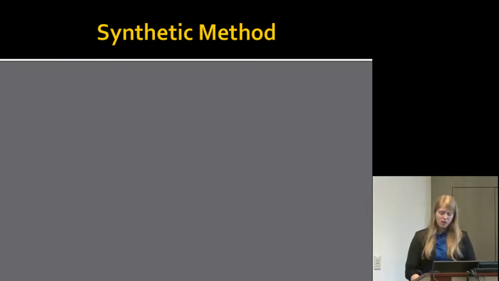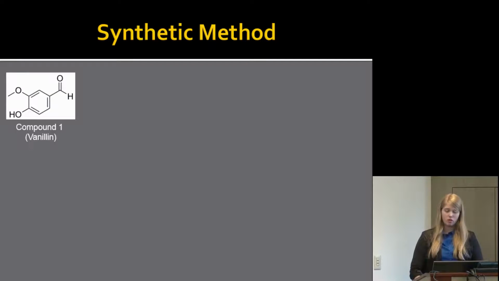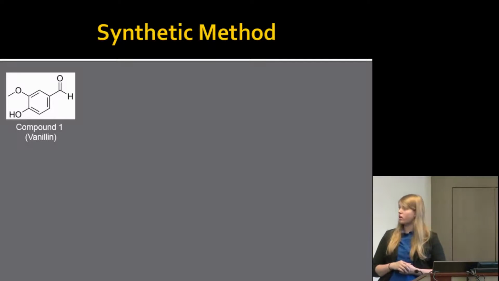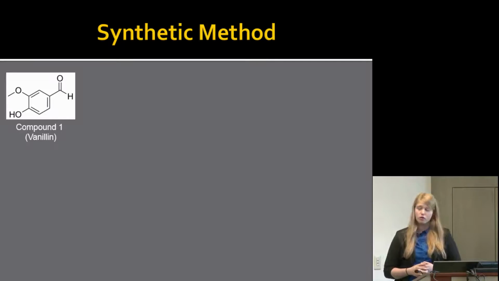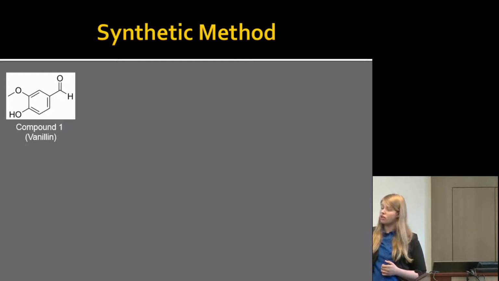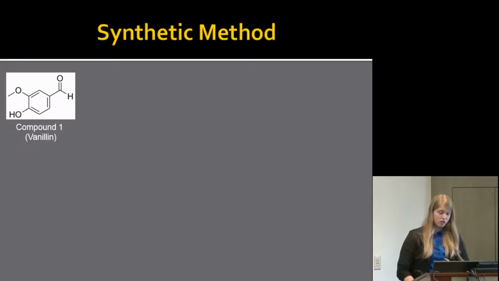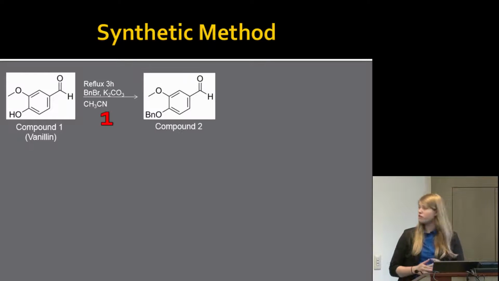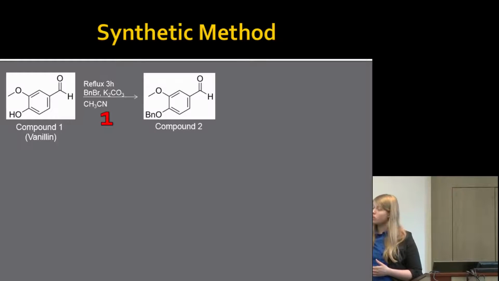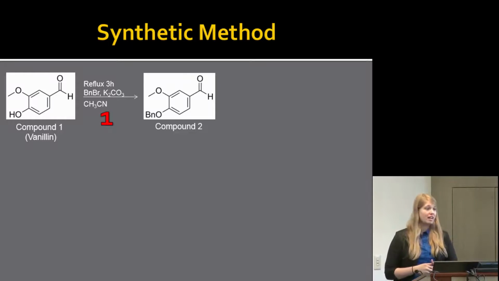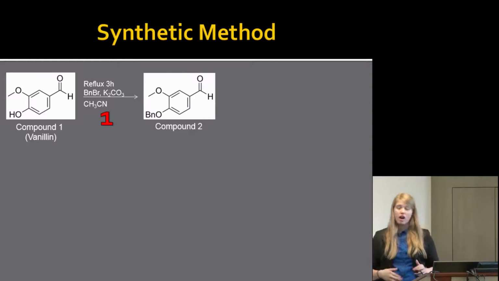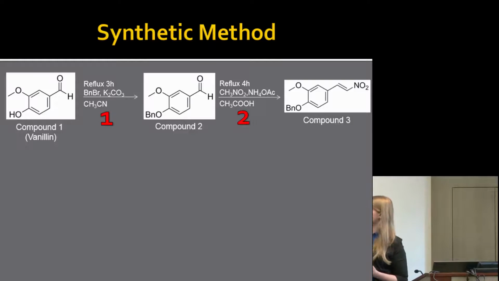As far as the actual method that we're going about synthesizing this molecule, as I said, we start with vanillin. And vanillin has 2 reactive groups. It has that hydroxyl group and the aldehyde group. We don't want the hydroxyl to react. We want to keep that intact. So the first thing we do is we use a Williamson ether synthesis to add a benzyl group, because benzyl groups aren't very reactive, whereas the hydrogen would be very reactive. So now we can react with our aldehyde, and we start to build our framework for the second ring.